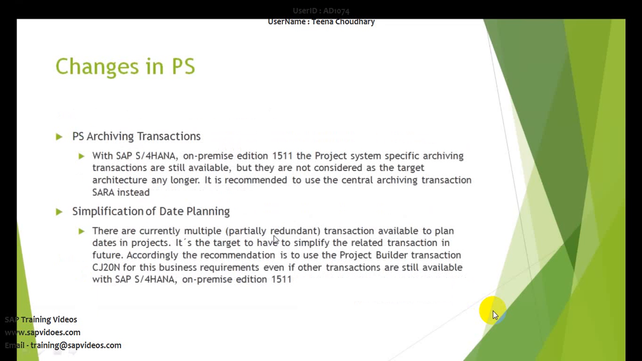Archiving transactions. There are different archiving transactions for PS. Let's say you want to archive a particular project or a particular WBS element. There are different archiving functions which are already available in PS. But going forward, for archiving there will be only one centralized transaction, that is SARA. SARA is a transaction which is normally used for performing all the different types of archiving